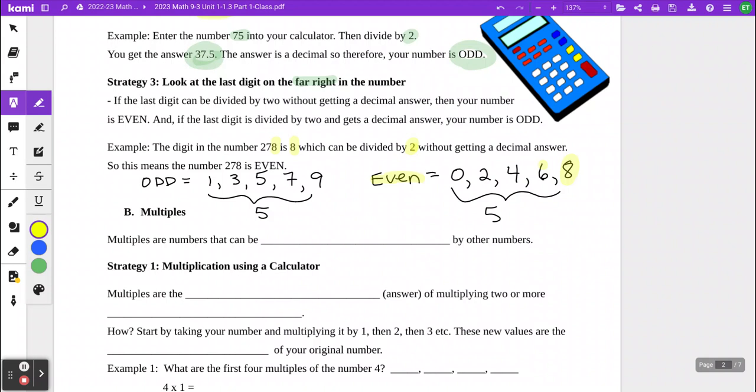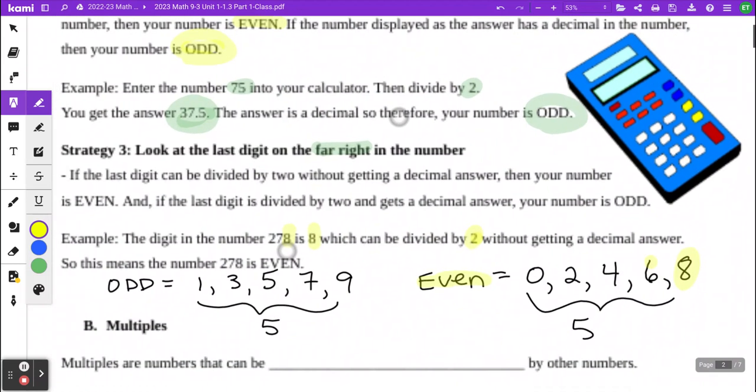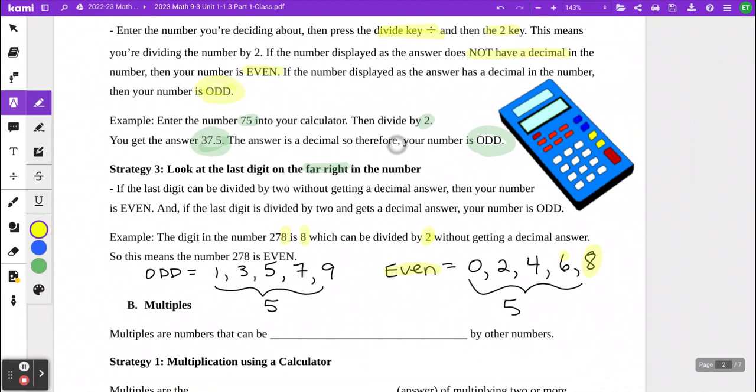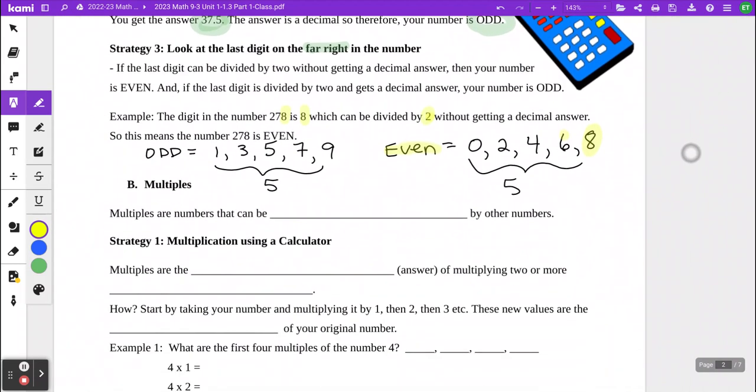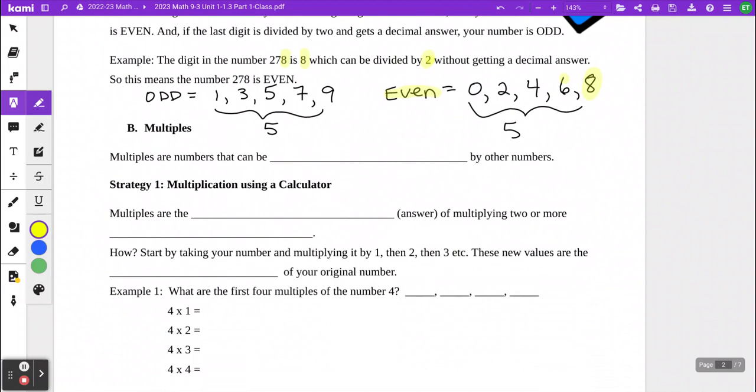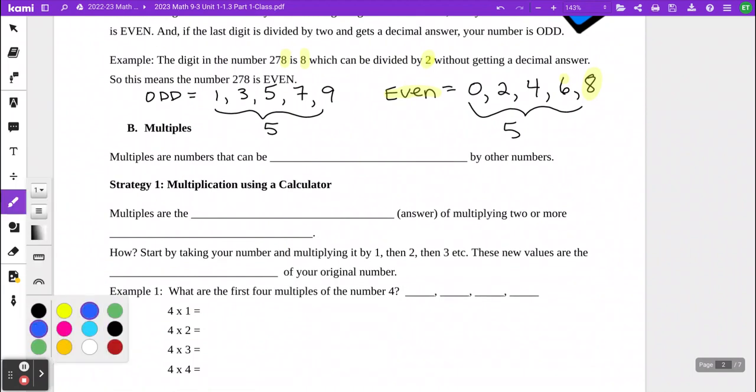All right, moving on to part B. Multiples. Multiples are numbers that can be divided